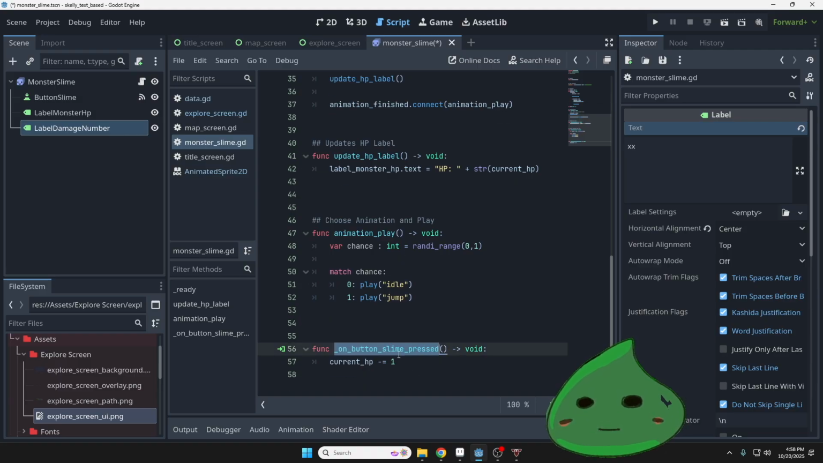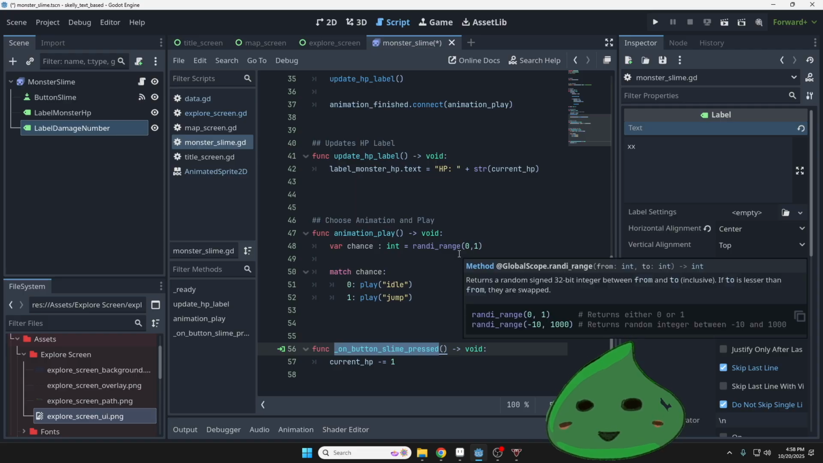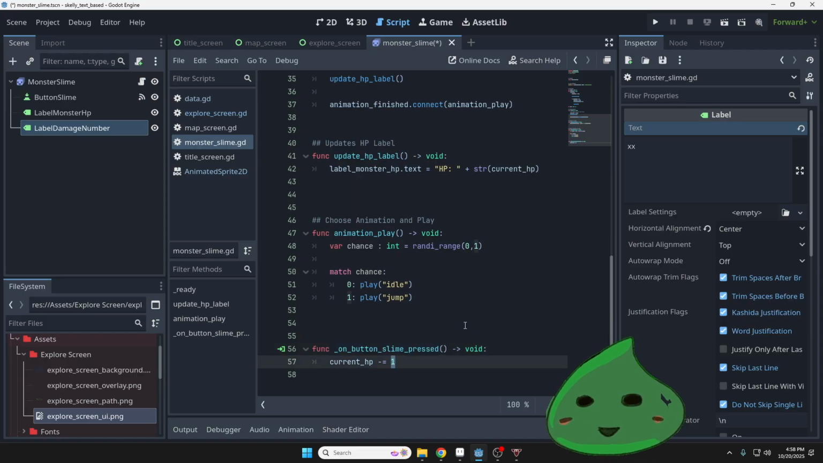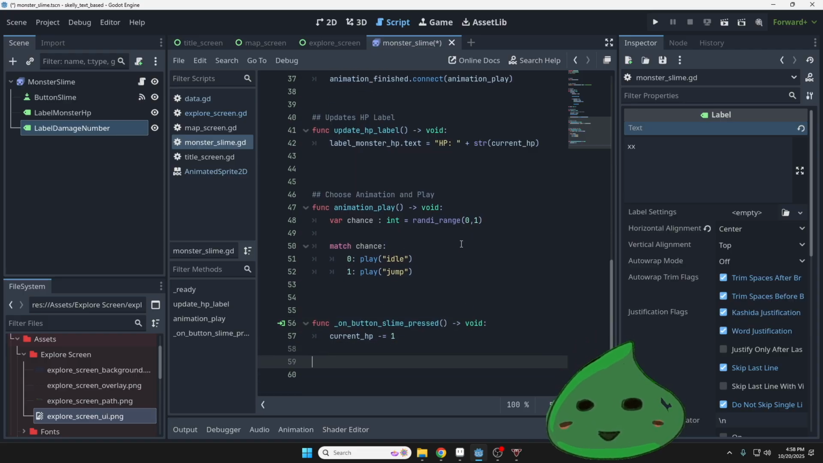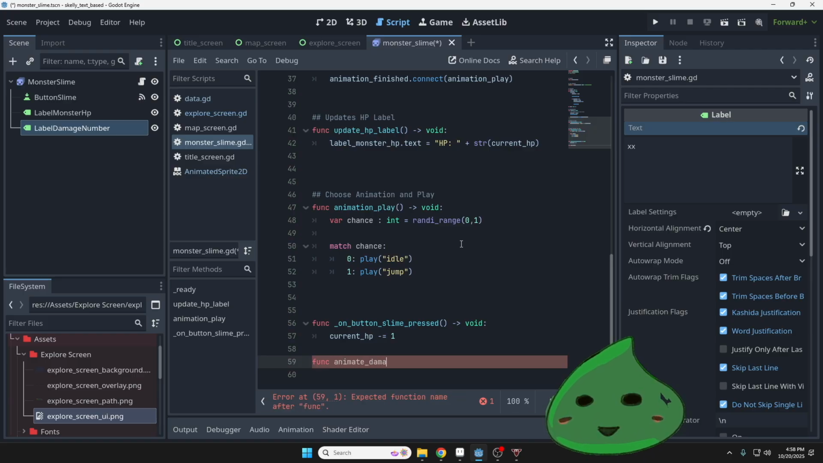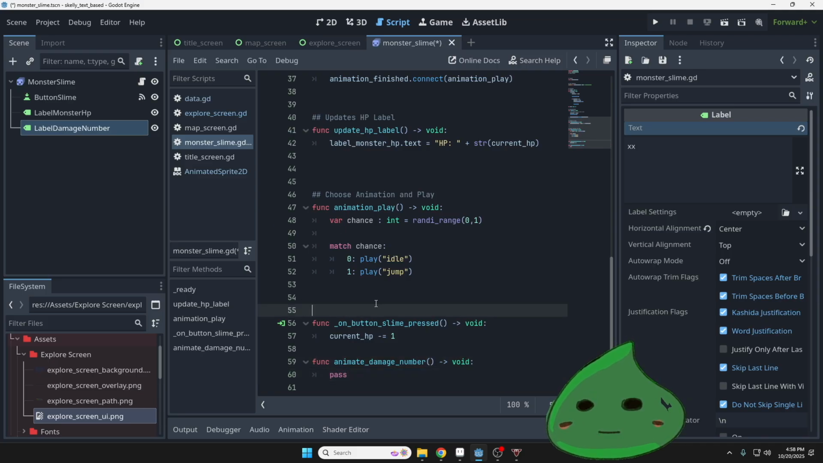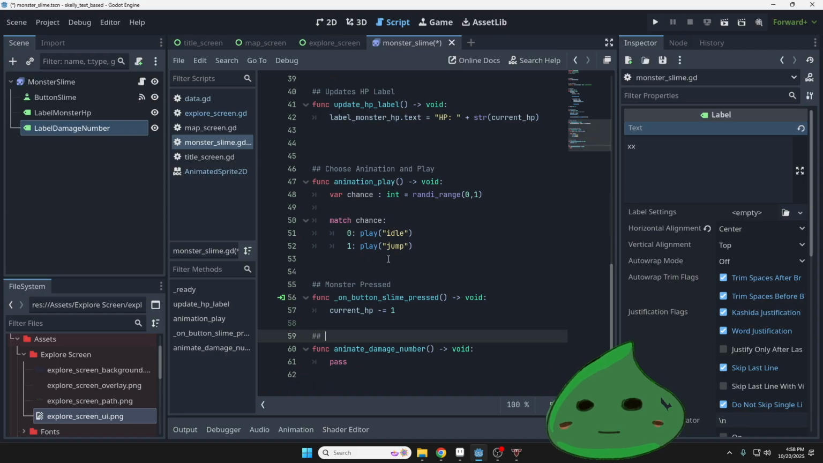So now monster slime, let's see, animation play on button slime pressed. This is what we're looking for. So when we press the slime, the monster is losing 1 HP. That's fine and dandy. Let's create a new function. It's gonna be function animate damage number, returns void, and we're going to pass it slime pressed, monster pressed, animate damage number,